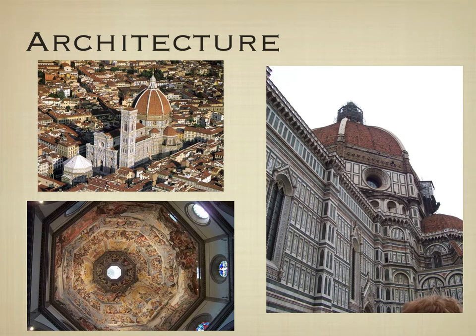And then the architecture at the time. This differed from medieval architecture in three main ways. First, we're going to see the revival of classical models, again referring back to ancient Greece and ancient Rome. And then we're going to see the application of non-structural decorative details. Think of the Gothic cathedrals. The flying buttresses were very beautiful, yet they were structural details.